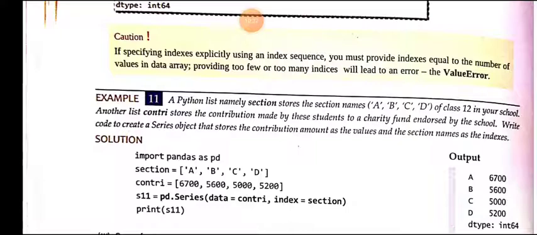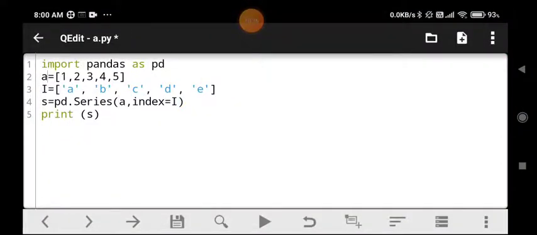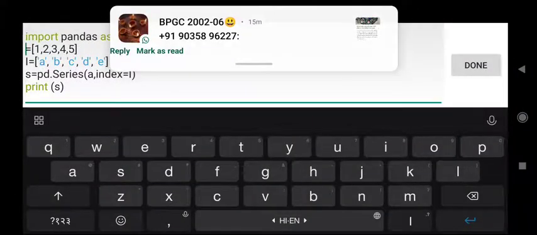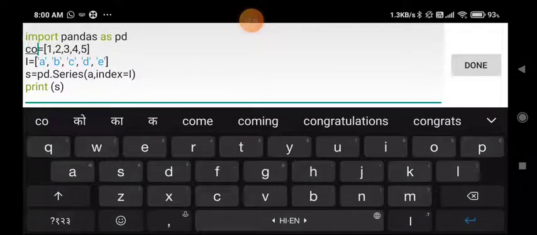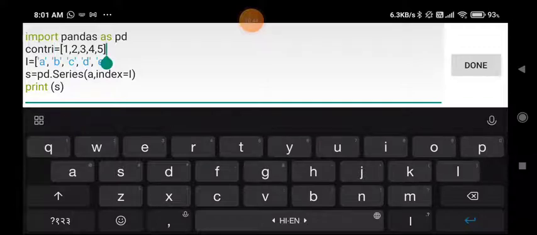And then after we have created the series, this works in the same manner which we have written in the example. I'm changing its name, I'm writing contri here, and the contribution which we want to take is given like 6700.